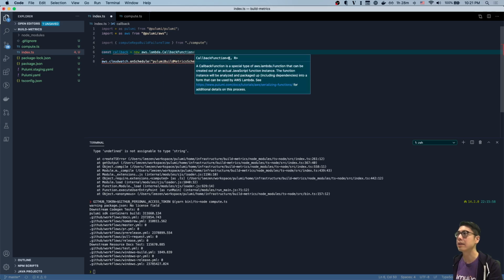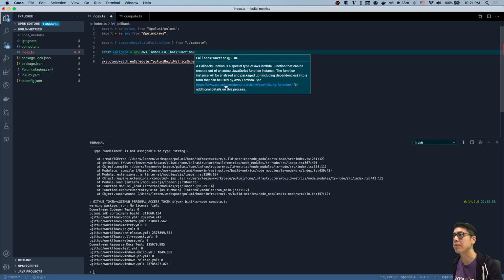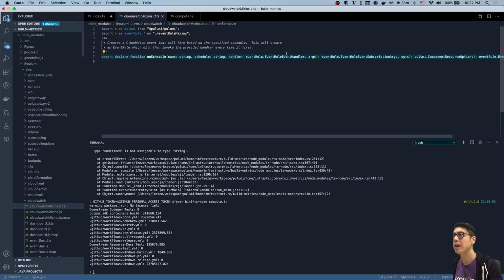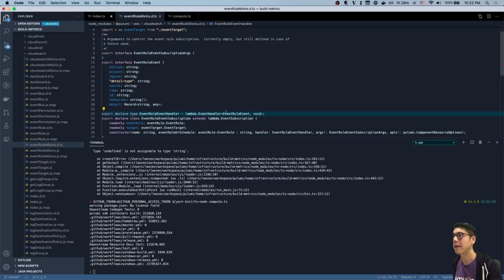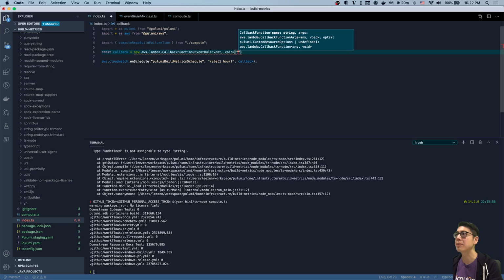And this takes an event, and so we actually know what the event type was here. You can see this expects this kind of handler, event rule void. So we'll just copy that. And this takes a name, so we'll call this build metrics callback,